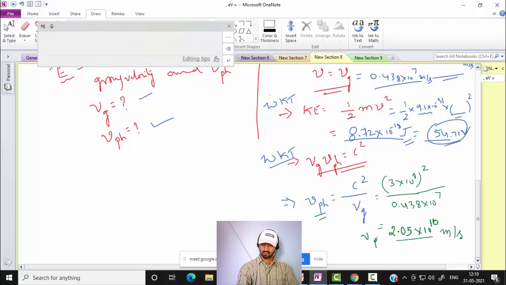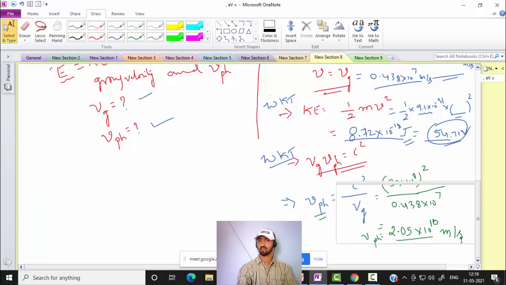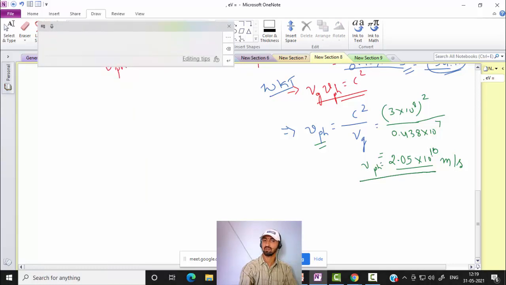The phase velocity is equal to 2.05 into 10 power 10 meter per second. The hypothetical velocity here is, anyway, not a physical way of representing, no? Therefore you will be getting the phase velocity in terms of 10 power 9 or 10 even. Usually it will be more than the velocity of light. Normally, hypothetically, the phase velocity will be obtained as 10 power 9 or 10 power 10. You remember, the group velocity will always be less than the velocity of light. Usually it will be in the range of 10 power 6, 10 power 7, likewise.